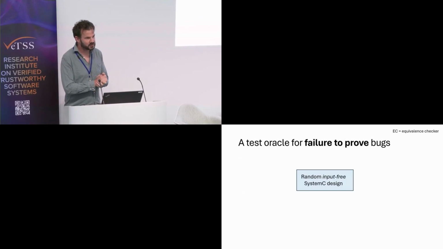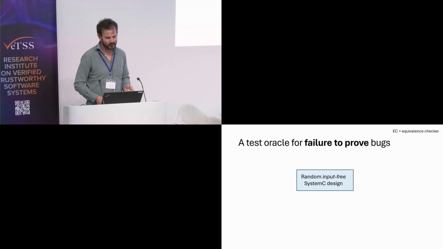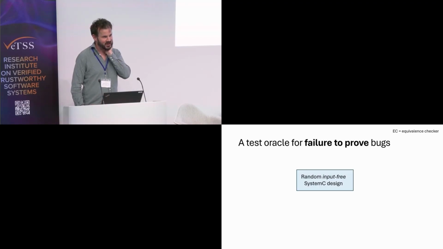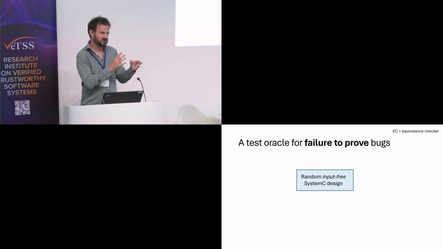So the project that we did here, led by Michalis at Imperial, started out with a test oracle for finding failure to prove bugs, the important but not so important kind. The idea here is to generate, using some nice techniques, a random SystemC design that is input-free. Doesn't take any inputs, it just produces outputs, but it produces those outputs in a very complicated way using all sorts of